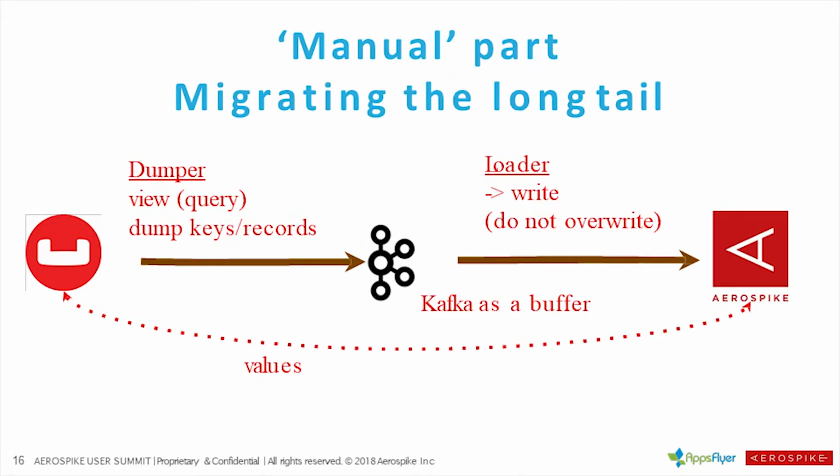And so once you query the database and get the entire key set, all you need to do is to string the keys into your message queue. We use Kafka. Kafka serves here as a buffer, both for overrun or underrun problems, because the dumper or the loader might operate at a different rate. And also,